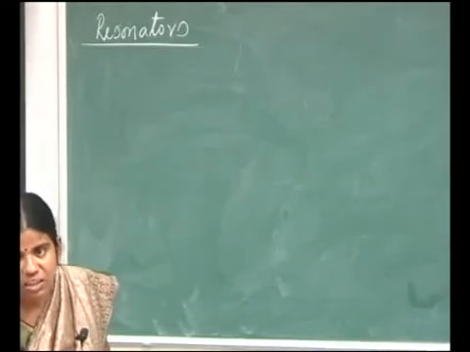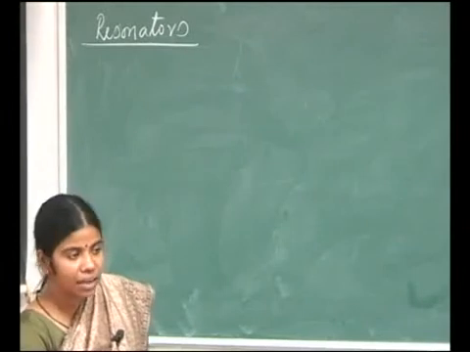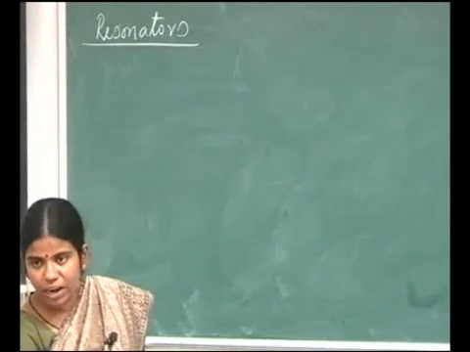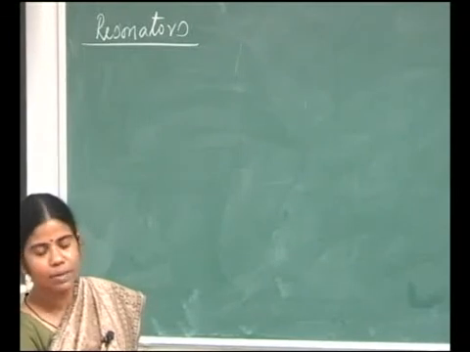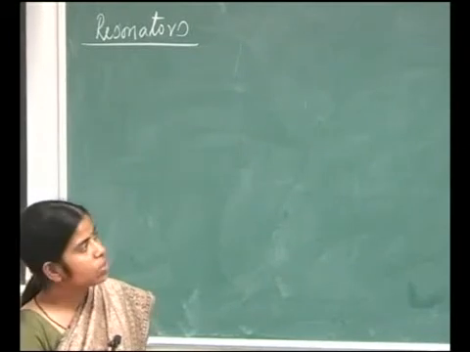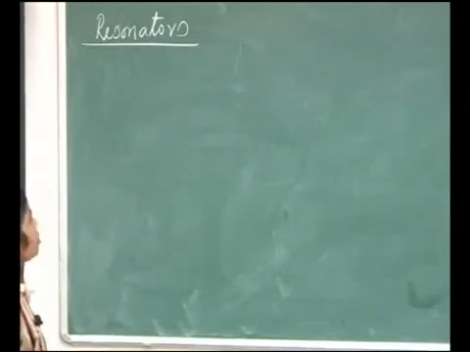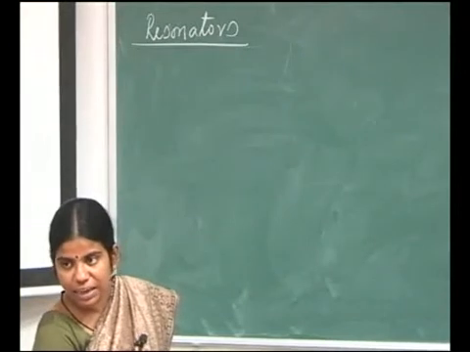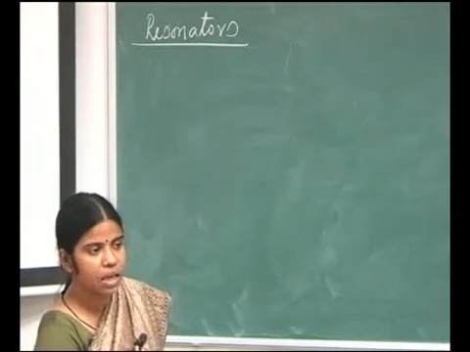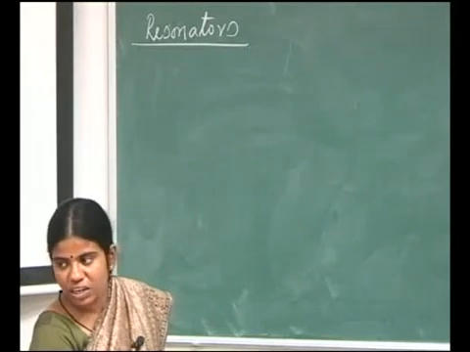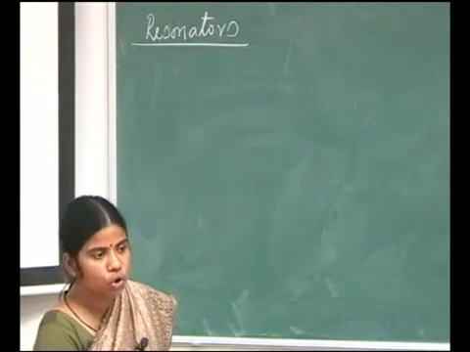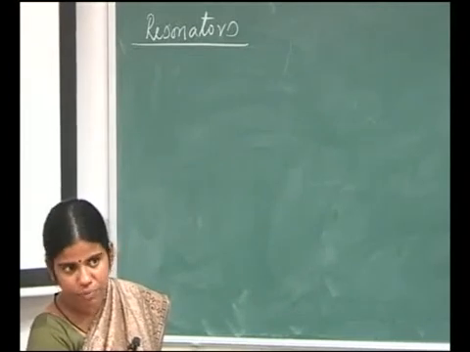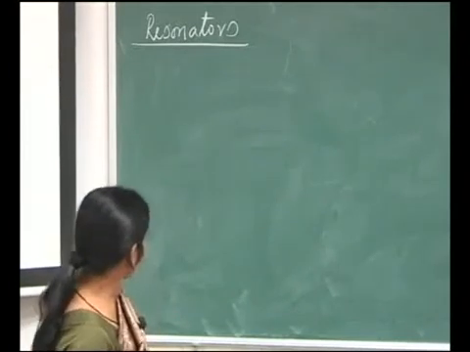These cavity resonators are generally made by truncating a waveguide. If you truncate, that is you break a waveguide, don't keep it infinitely long, and close one end, then it becomes a cavity resonator. Okay. So the reasons are, first thing, resonators basically store energy in the oscillating electric and magnetic field. Resonators are devices to store electrical or magnetic energy or both the energies. You can store both of them. Okay. So I will write down here.